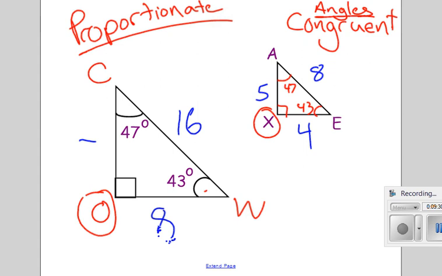As we look at these numbers then, since they're proportionate, we can solve things, right? Since AE is proportional to CW, I could put 8 over 16, proportionate, it's going to be equal to, let's say I want to figure out the length of